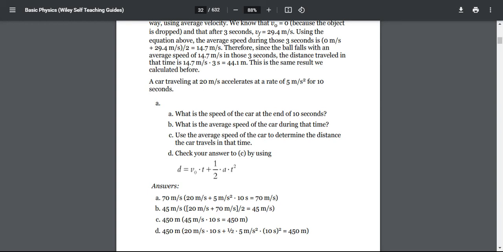Let's put this value in to find the distance using the short method, d equal to v into t. So d equal to v average into t, time. The v average we just got is 14.7, into 3, because we are finding for 3 seconds. So we got 44.1 meters, because the average speed is 14.7 m/s and we want it for 3 seconds, and that's why v average into t. This is the same result which we calculated with the huge equation. We don't like that.